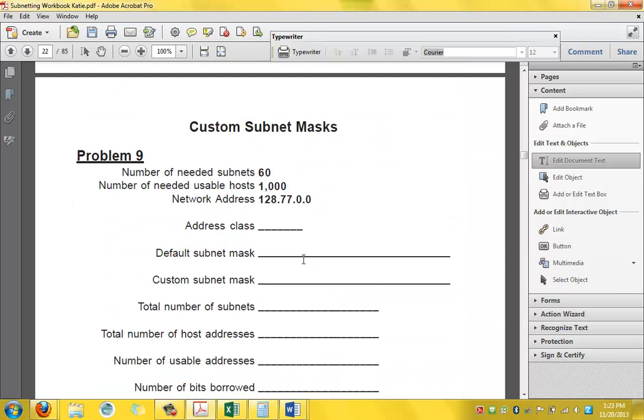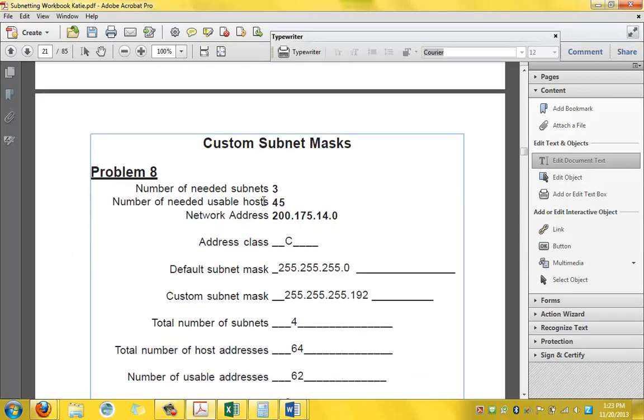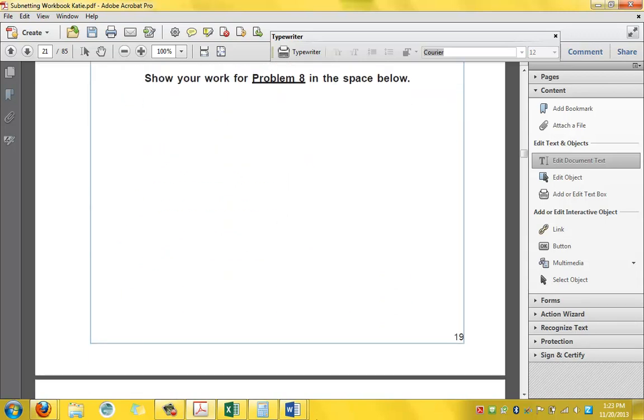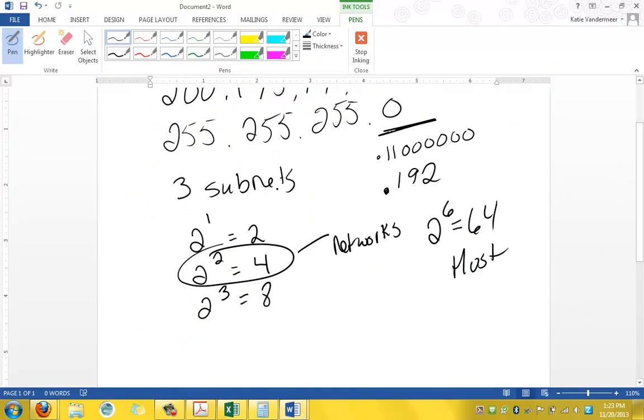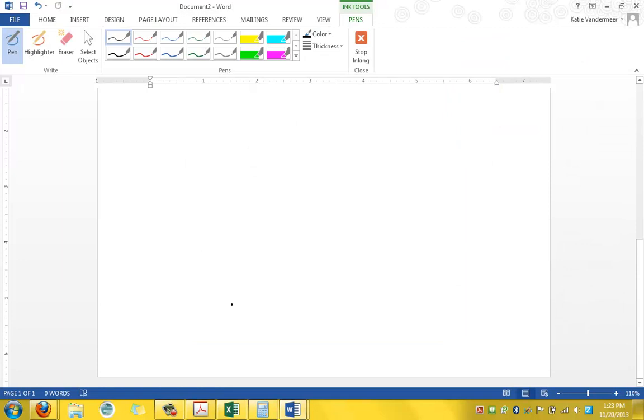So do that one, and number of usable hosts needed was 45. I was just looking back at this problem 8. Now that's okay because we have 62, so that'll work. And then my work was done on my scratch pad here. Okay, you're also going to do